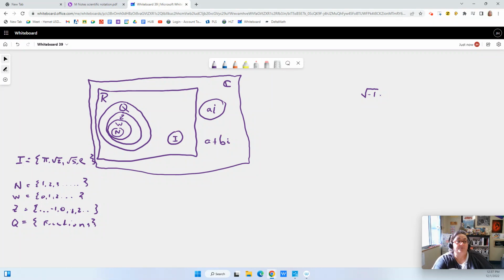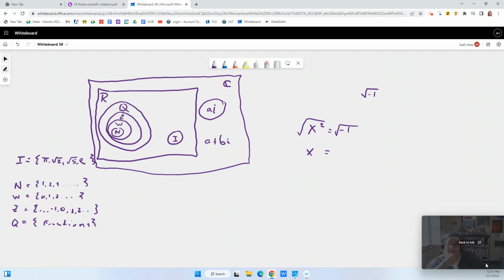Because if I multiply 1 times 1, I get 1. And if I multiply -1 times -1, I still get 1. So there's really nothing that multiplies times itself that's going to give me a negative number. And that's what a square root is, right? So if I had a problem like x squared equals -1 and I need to solve for x, when I take the square root of both sides, I'm at a loss, because I get x here, but the square root of -1 doesn't equal anything.